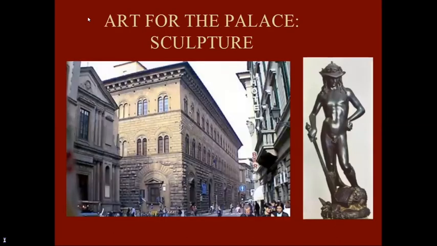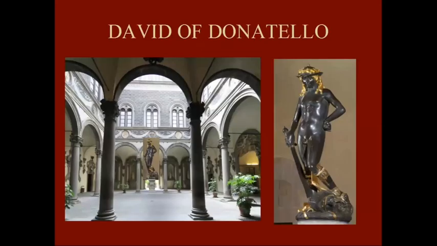And we have the concept of the art for the palace. Some of the most important works of Renaissance art ever produced, like Donatello's Bronze David, was produced for this palace, this first Renaissance nude. And let me just go ahead. What I've done is a photo montage. This is how David really looked. This is how Donatello actually made him. He had gold hair on. He had gold touches. And what I've tried to do is sort of shrink him down and put him in